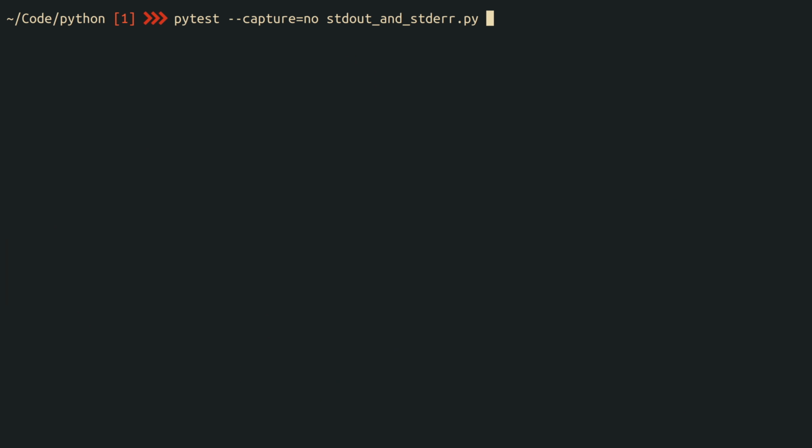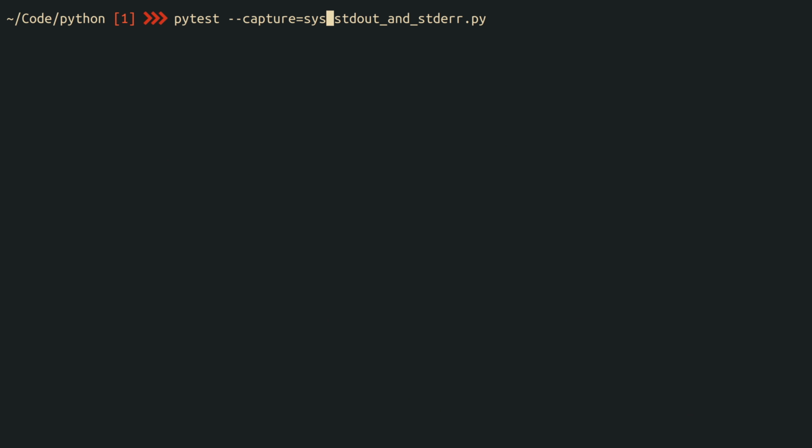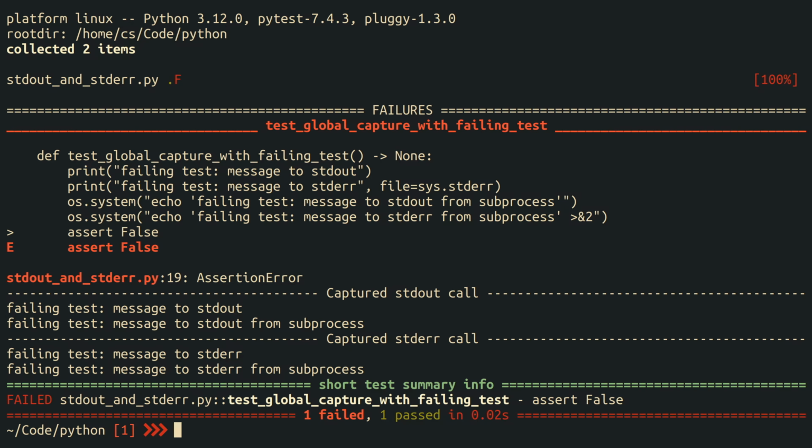The next alternative to try is setting the capture option to sys, and this means that PyTest will capture all of the output that is generated by your Python program, but not the output that's coming from subprocesses. The third alternative is fd, which is short for file descriptor, and this means that PyTest captures everything, including the output from subprocesses. And this is the behavior that we already saw, because it is the default if you don't specify the capture option at all.